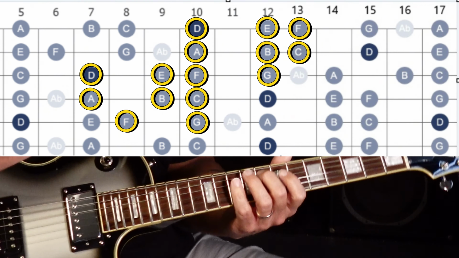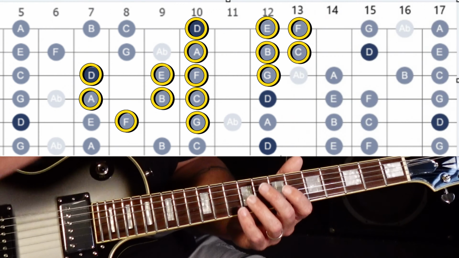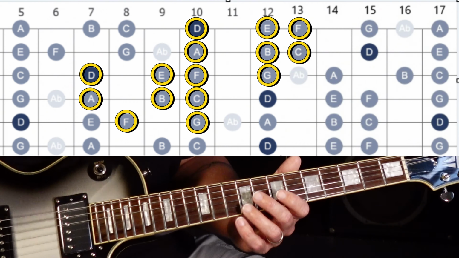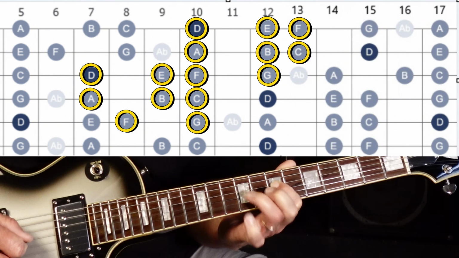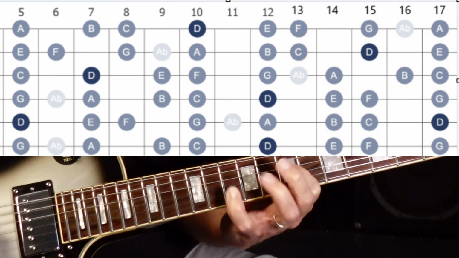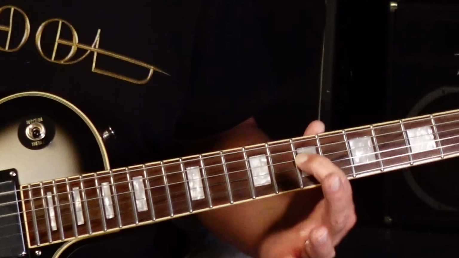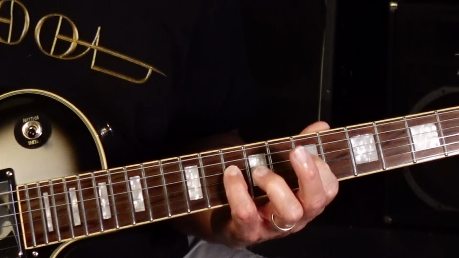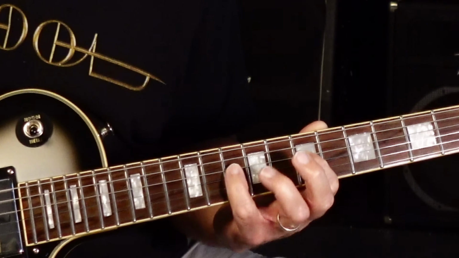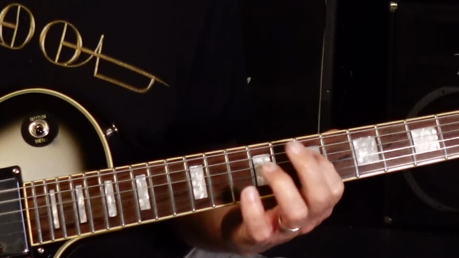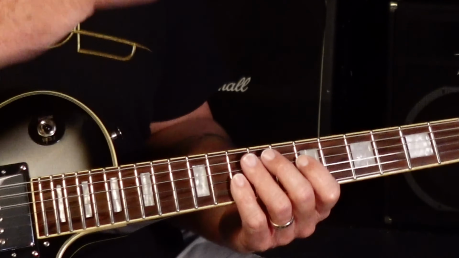Now, if you make little patterns up, because that's what I'm really doing here, I'm not really thinking about the pattern that I'm playing. I'm just flowing through it because I've already done it. All I'm doing there is saying, okay, I'm going to start here with this note, with the A, then I'm going to land on the C, then pull off, then I'll land on the B, right? So